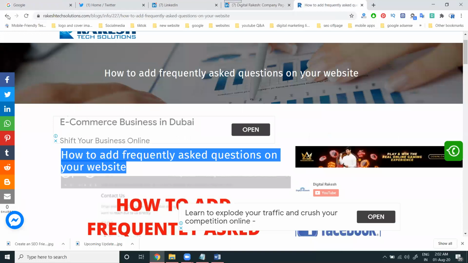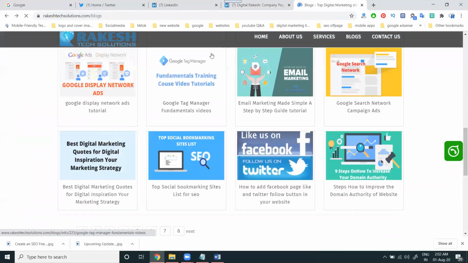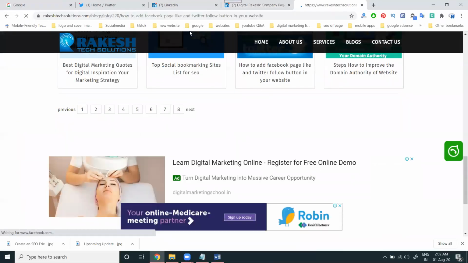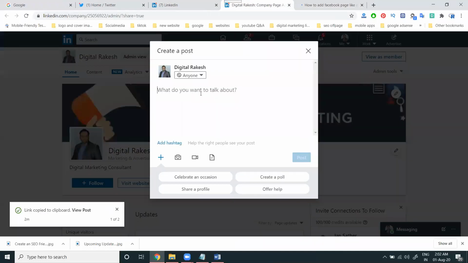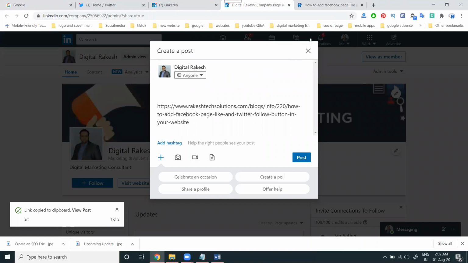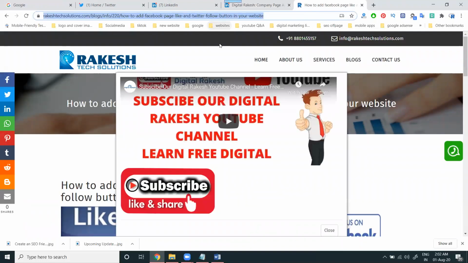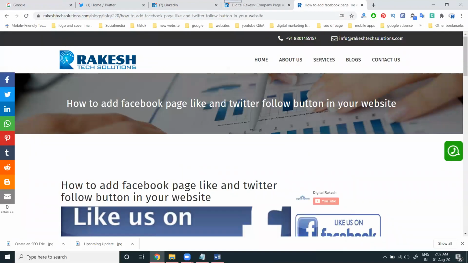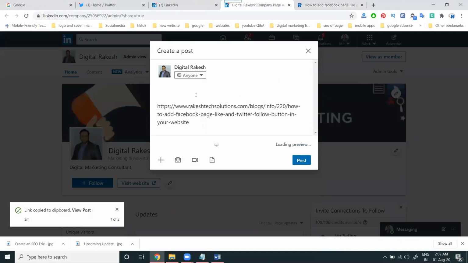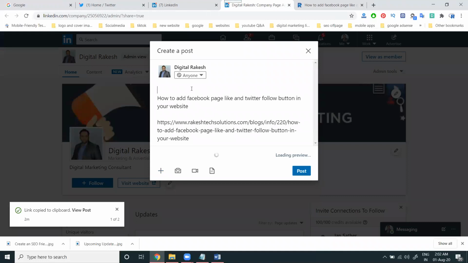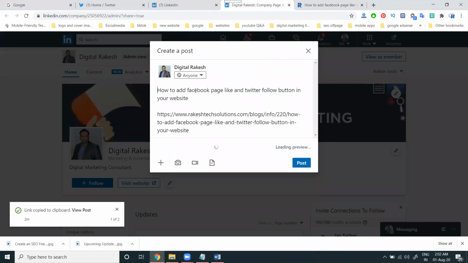So here, a lot of options are there, and all those options will be used in particular things. Whatever content you can share, most of it you should share through the LinkedIn company page option. Don't post directly on your LinkedIn profile; that is no use. First of all, your brand value is more important to increase the traffic also. Whatever content you share from your website will all be shown in the particular option.